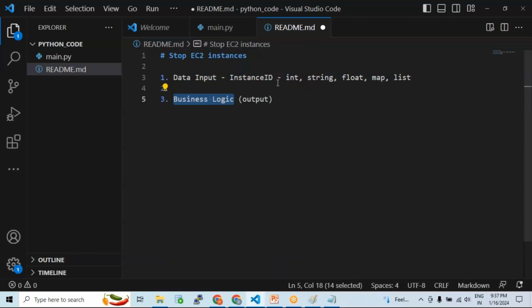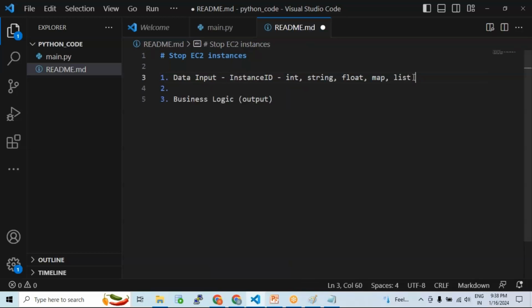But what will happen, right? You may be giving the input in the list format, correct? Sometimes you give the input in the list format, but your business logic is expecting the input to be in a string format. That is where the mismatch is happening. You'll get to know that in a real-time scenario once I get into the coding side, but it's possible, right? You are giving the data in a list format. Your Python says that no, I don't need the data to be in a list format. I need only one value. The list is having multiple, right? No, I don't need these multiple values. I need only one value. Please give me in a string format. So in that situation,